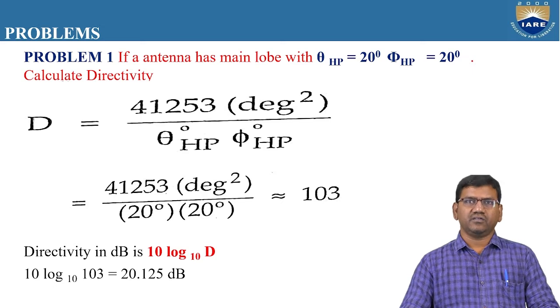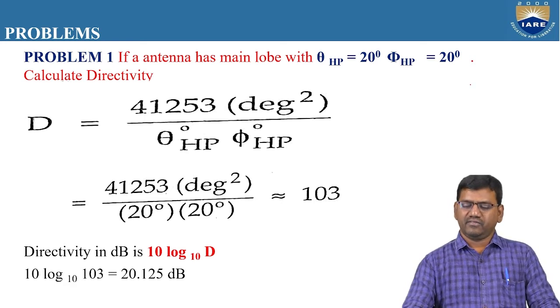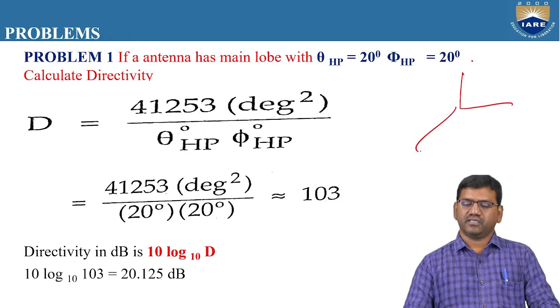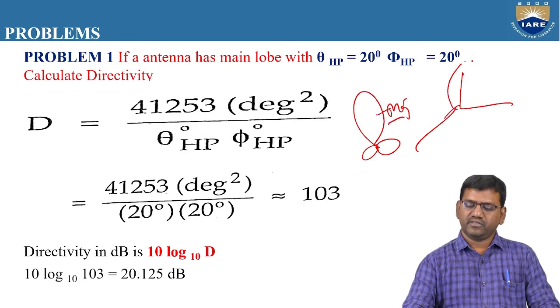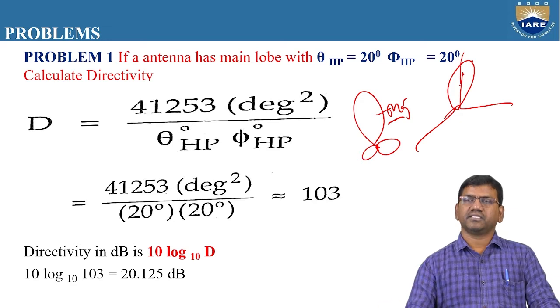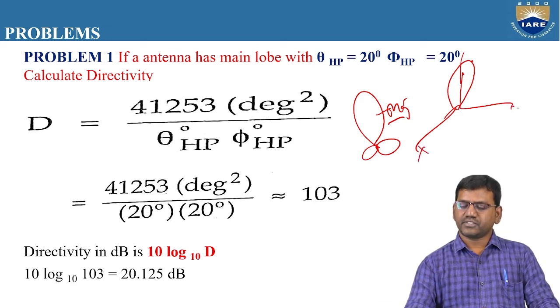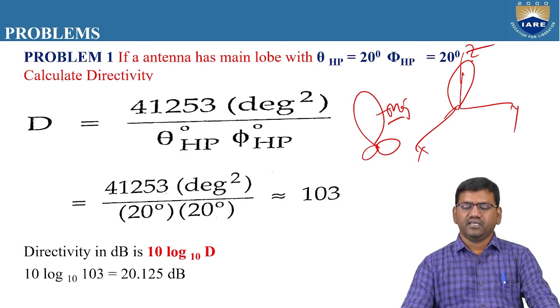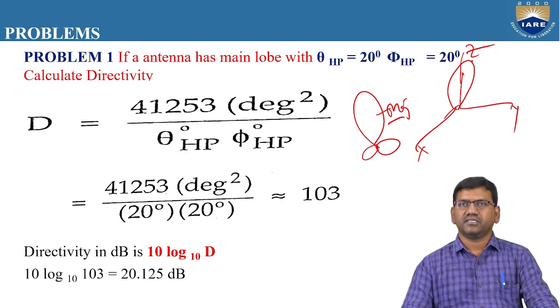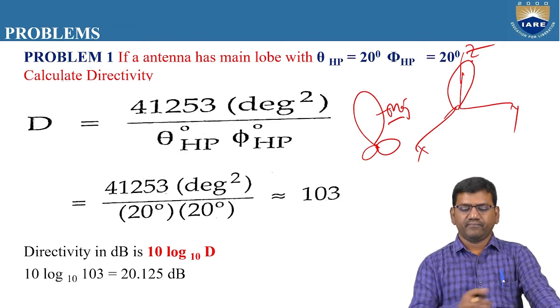Generally, in order to calculate the directivity, we are going to consider only the major lobe, and that major lobe has to align with any of the axes in the three-dimensional plane. Suppose this is the radiation pattern, this is known as the major lobe. We have a formula for directivity in terms of theta and phi, that is, in terms of the horizontal plane and vertical plane.